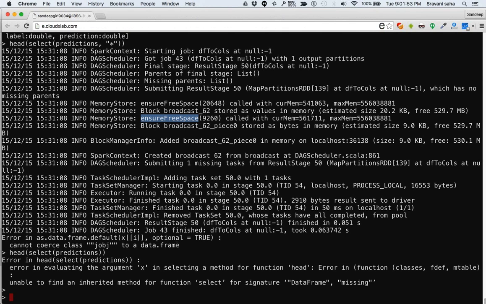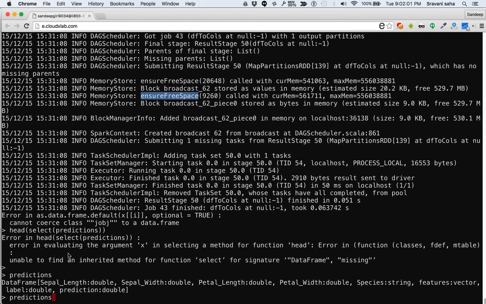Now, out of this predictions, if you want to just take out the actual sepal length,